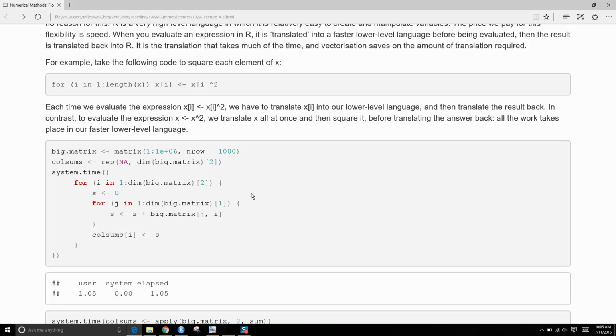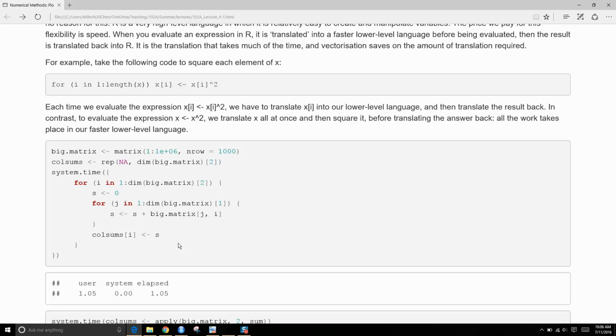Whereas R is an interpreted language, not a compiled language, and so the way it translates the code you write